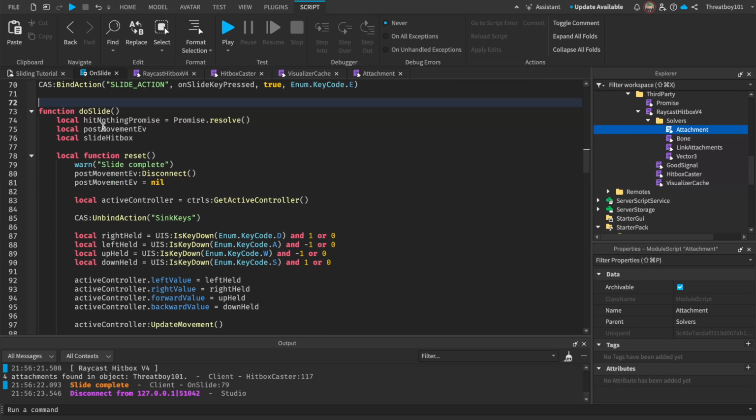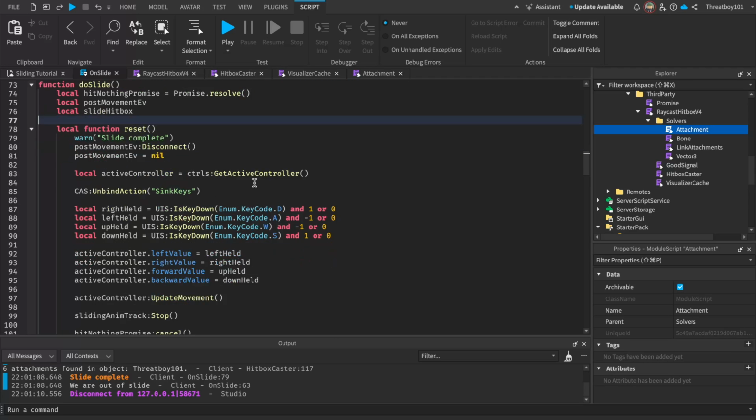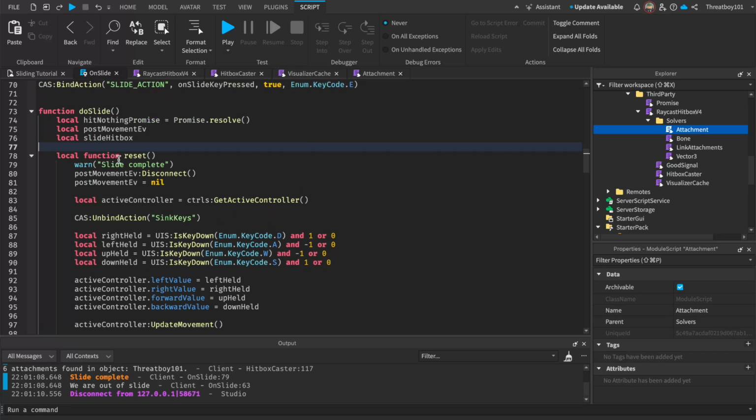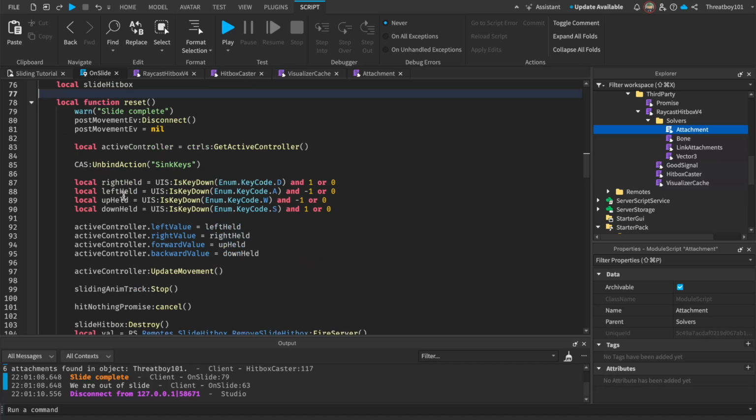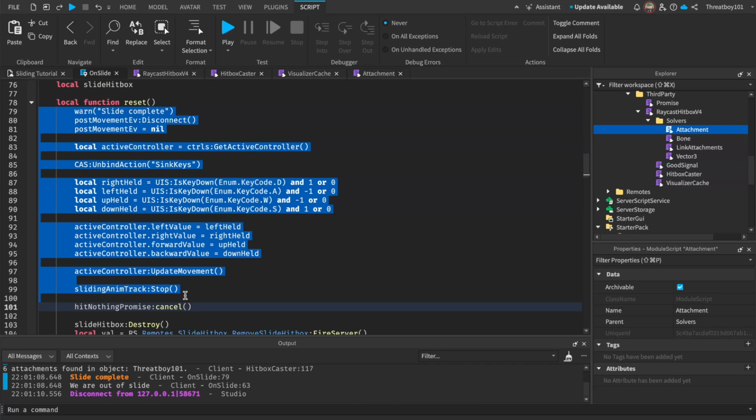Yes, so now we get to the actual do slide function. In the do slide, we have this local reset function defined. This is for when we slide cancel, so like when we're in the middle of a slide and then we decide to cancel, right? We let go of E. This reset function gets